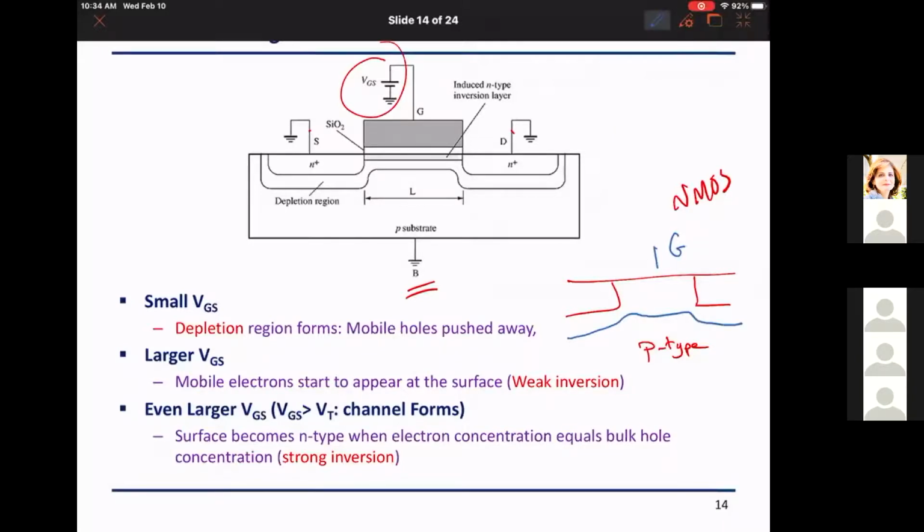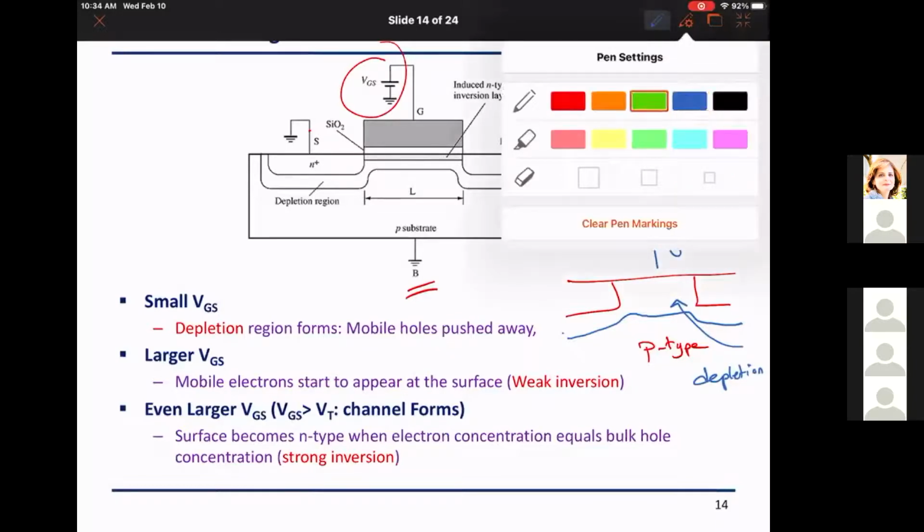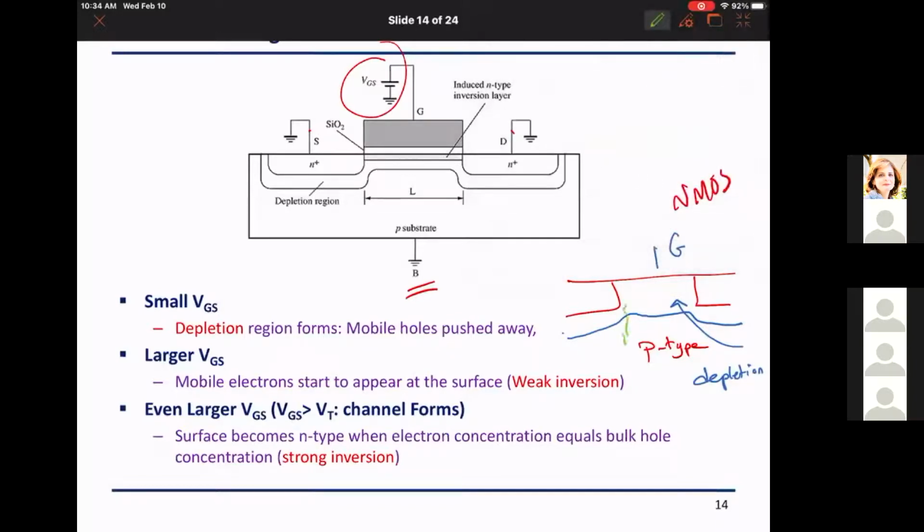We call this the depletion region. What does depletion mean? Depleted from charge. I used to have holes in the P-type and it pushed them all away. It vacuumed it from charge. So the depletion region forms and the mobile holes are initially pushed away. After this, as I start to increase VGS,